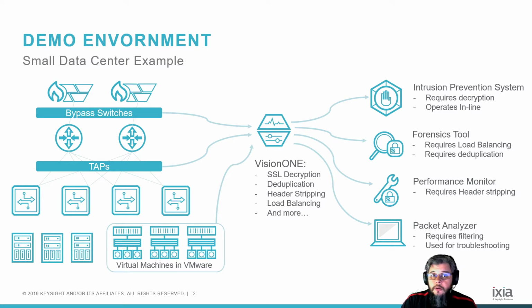For the VMware environment, we also have virtual taps. So at Ixia, we call that Cloud Lens. And so our Cloud Lens virtual taps are actually monitoring the VMware environment and feeding that traffic to our network packet broker. Now, at the center of this is what we're demoing today is VisionOne, which is one of our